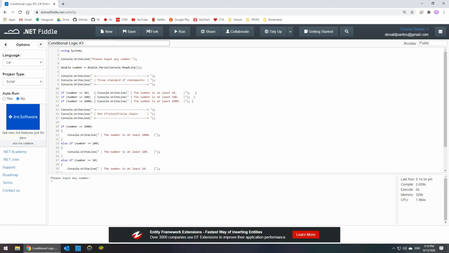So it says, please input any number. So we'll get a number from the user. It could be any number. It's a double, could have a decimal, doesn't matter. Now, here I just have a reiteration of what we already talked about in the first example. These are nothing but plain old if statements. So the stuff in quotes is just to pretty print it or format it nicely. So this just says if the number is greater than or equal to 10,